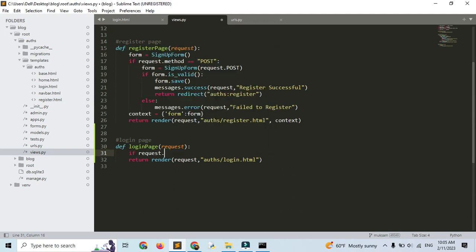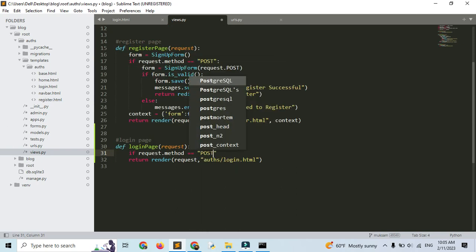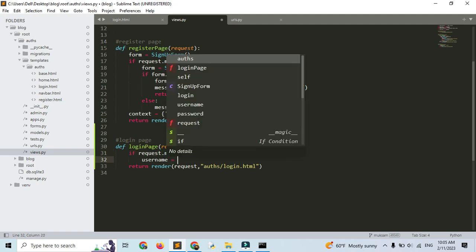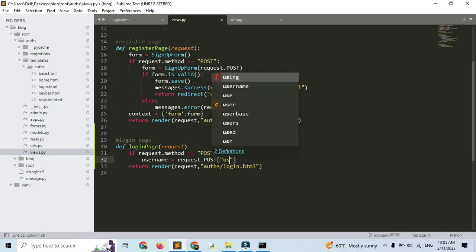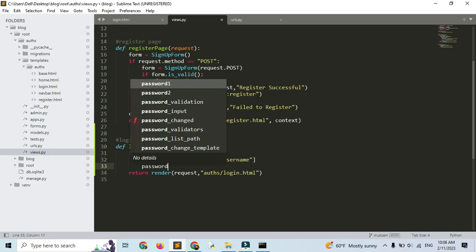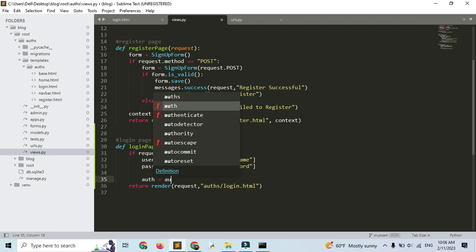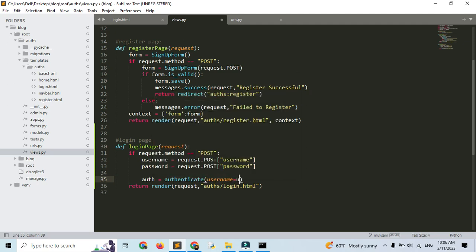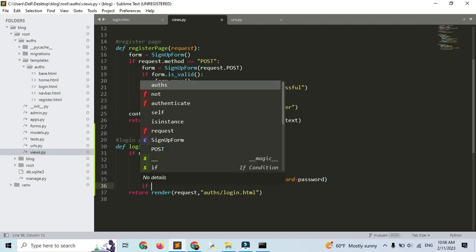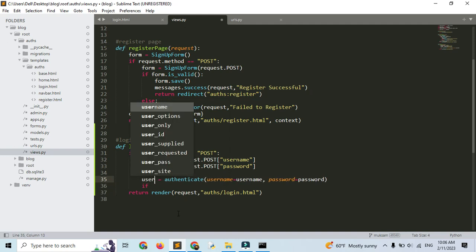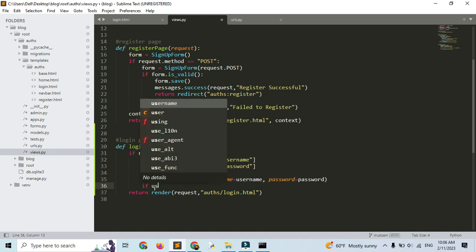Simply, if request.method equals POST, username equals request.POST username, password equals request.POST password, and authenticate with username equals username, password equals password. If the user is not None,